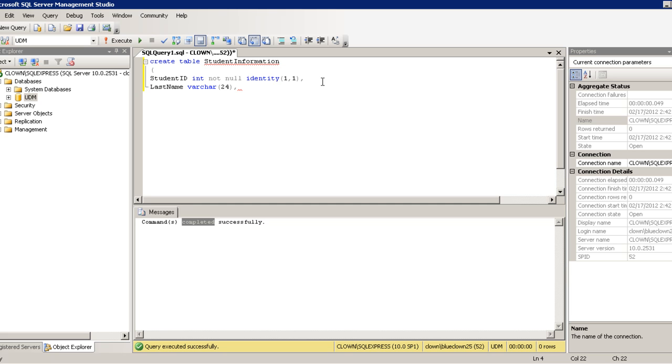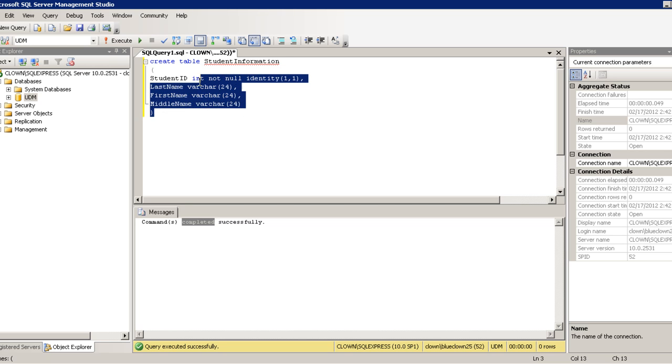Then comma, first name, varchar 24 again, then middle name, varchar 24 again. I will not add another comma because it will be the end of my table. Then I'm going to close it now.